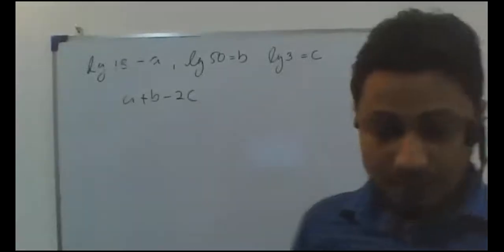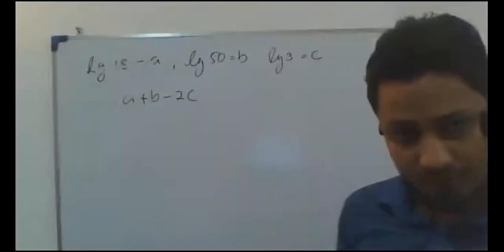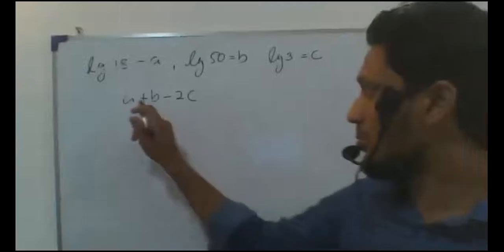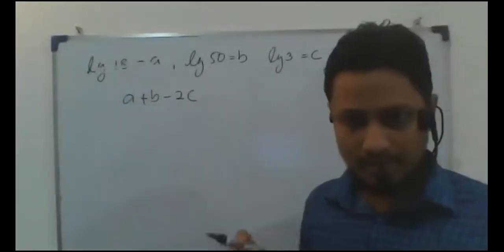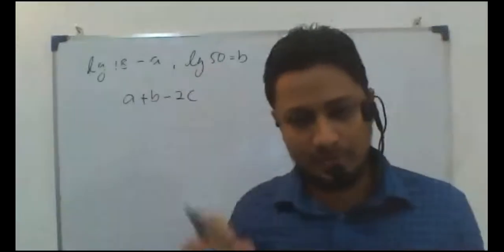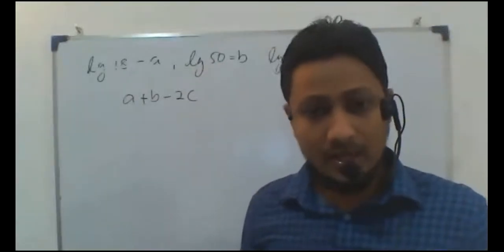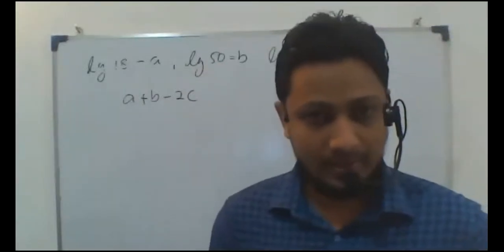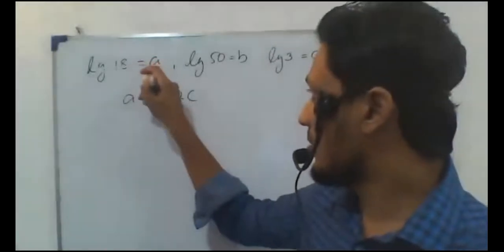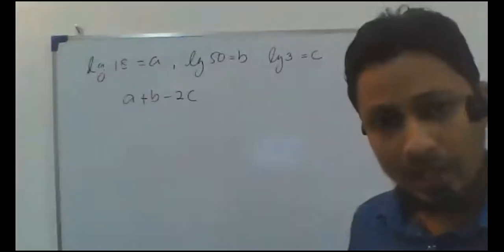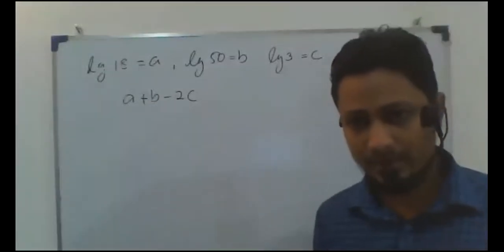The logarithm, right? Okay, so first, what is the work? A plus b minus 2c, what should you do? Substitution. Substitution means the basic part of the maths you studied earlier, how to substitute the value when they give the algebraic letters. Okay, so what they said: when a is there, we know the logarithm is 18. So I'm going to substitute in this way.